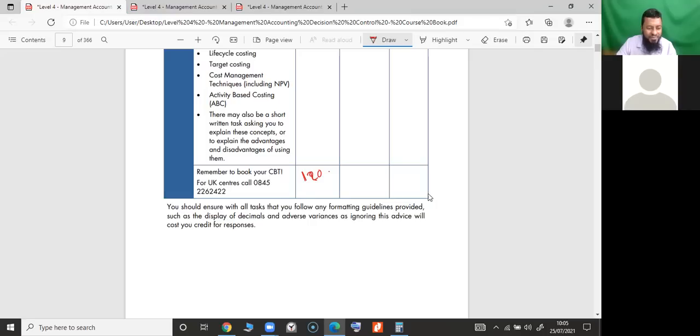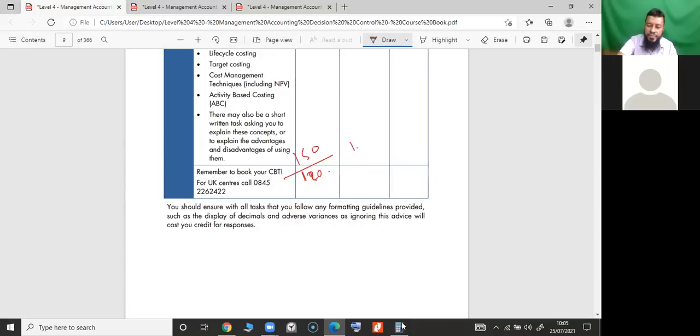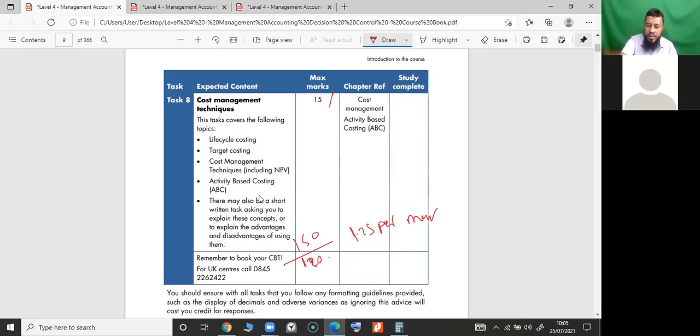Regarding booking the exam, you can contact any exam center. You can contact KBM. They will book it for you. You do the exam, you get results after 6 weeks. So 120 marks are there. How many minutes are there? 150 minutes, divided by 120. So you get 1.25 per mark. Okay. So if you're meant to do a 15 marks worth of question